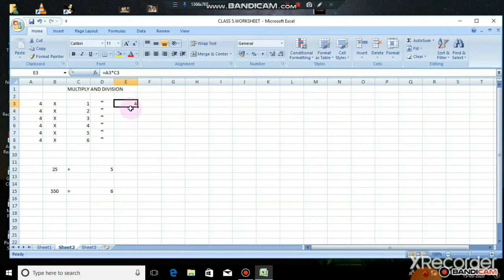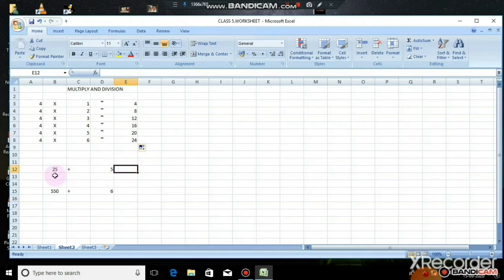Then press on the next cell and press the enter key. Now the next one, equal to, press on the 4, it is A4, an asterisk, and next is C4. After entering the formula, press the enter key. Now select the two cells and click and drag it down. You can see the multiplication is done automatically.